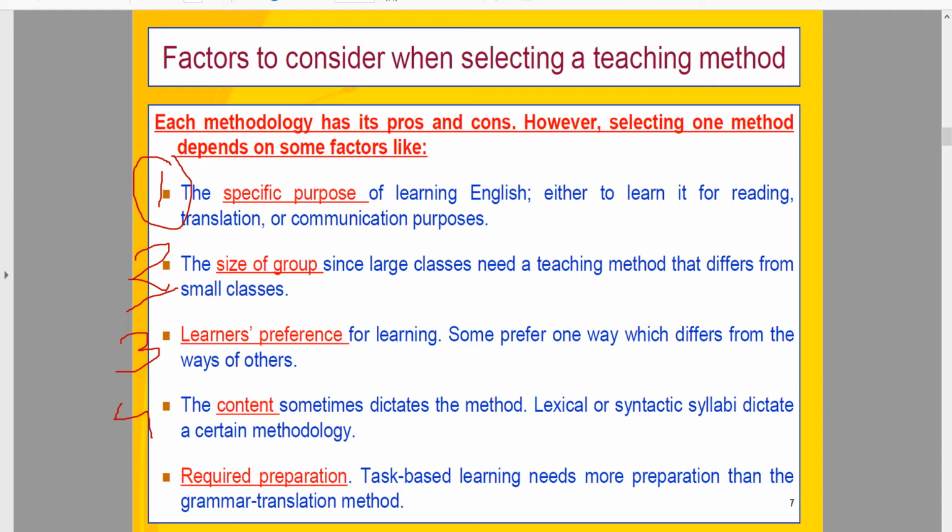Is it poetry? Is it drama? Is it a novel? Or is it grammar? Or is it written skills? Depending on that, you choose a particular method. And the last factor is the required preparation. So, for example, task-based learning tasks need more preparation than the grammar translation method, which is comparatively an easier method.